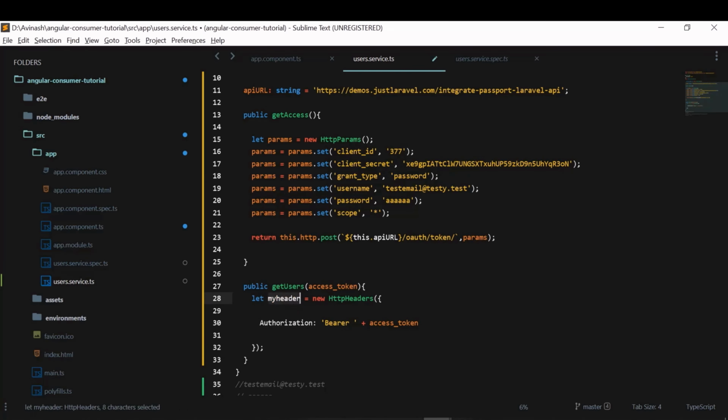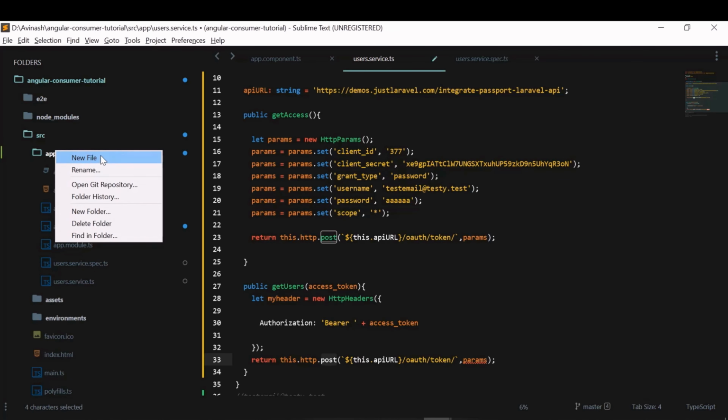So the authorization header, and the bearer will be the access token. After passing the header, I'll just call the root. Instead of post, this would be get, and I also need to tell what type of data I'm going to get. So I'll create a basic class for it.